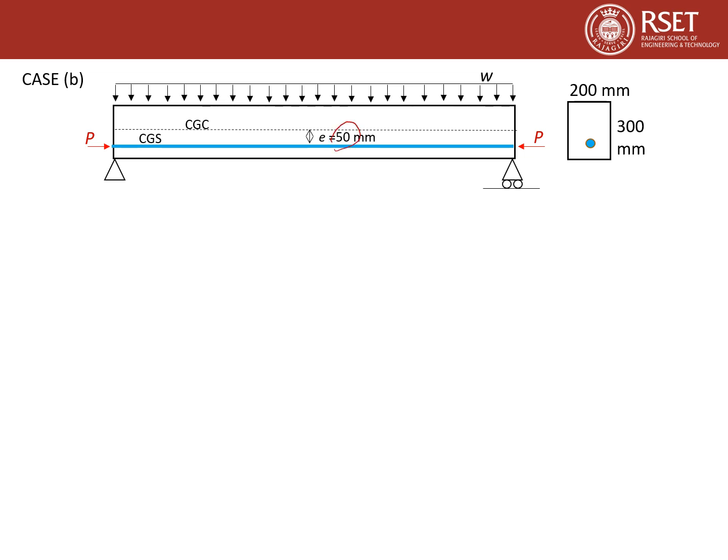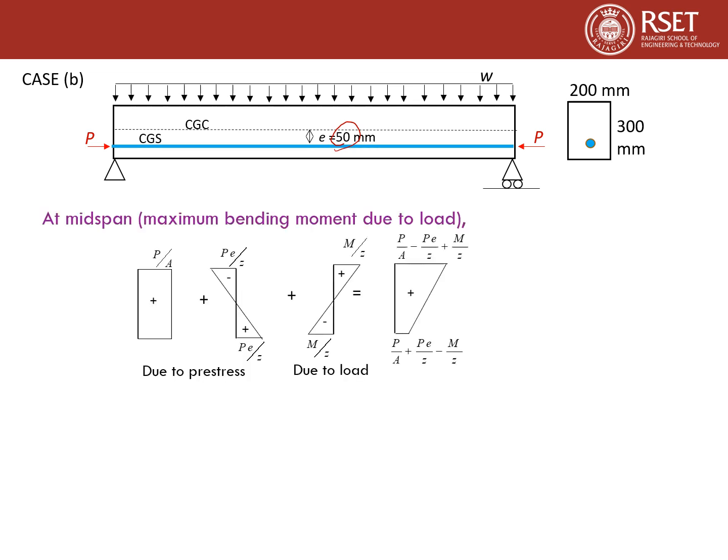Now in the next case, the cable or the tendon is located at an eccentricity of 50 mm from the centroid of the cross section, and it is a straight cable. So we already saw that due to this eccentricity, there will be a hogging moment in the beam, and that can be calculated. So due to pre-stress, the axial compression P by A and the M by Z component due to the pre-stressing force, the M will be the P into eccentricity, plus the moment due to the external load. M will be maximum at the center, that will be WL square by 8. So the total net stress at the bottom will be P by A plus P by Z minus M by Z. So this is where tension is likely.